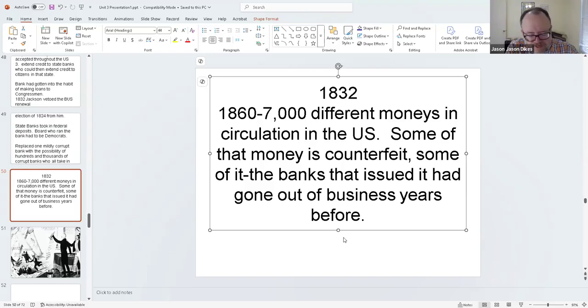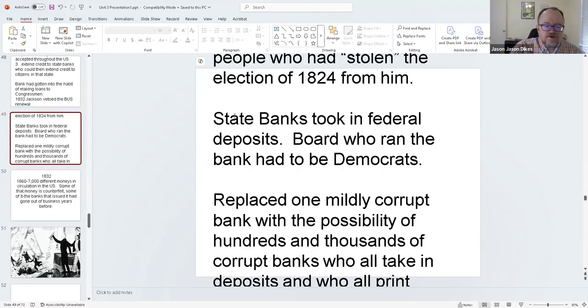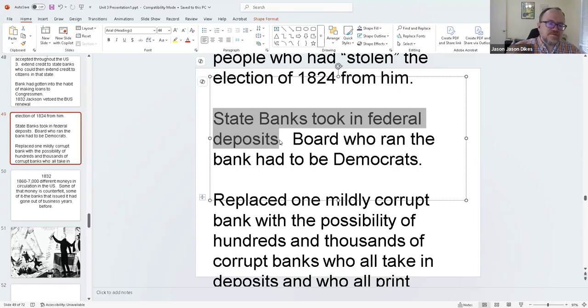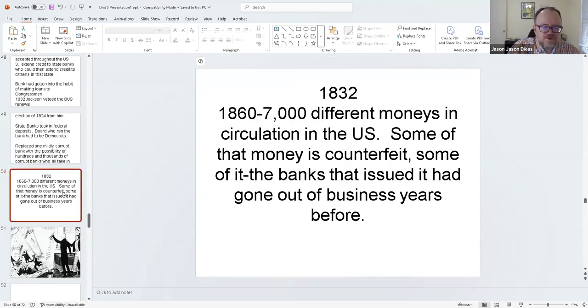There are some defenders of Jackson's bank destruction that by going to this system, it made it easier to get money out into the West, which again has always been a problem if you know from other lectures. But I realize I'm looking backwards. Obviously, Jackson does not know in the 1830s what his actions are going to lead to. So I'll give him some credit, but in retrospect, yeah, it was a bad idea.